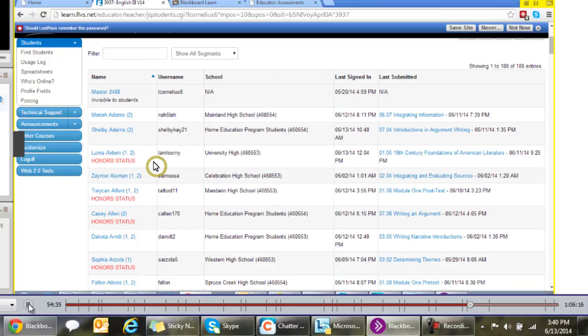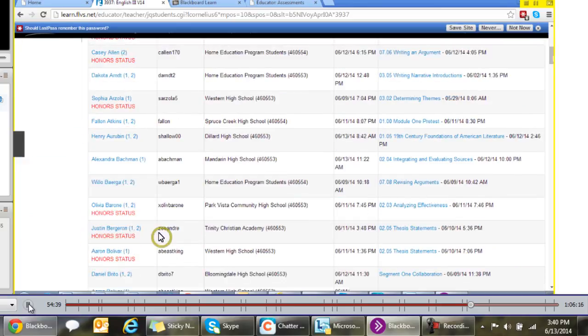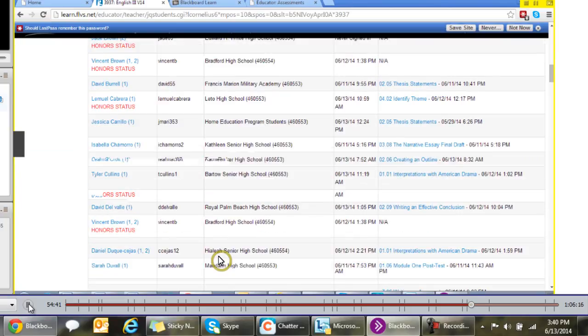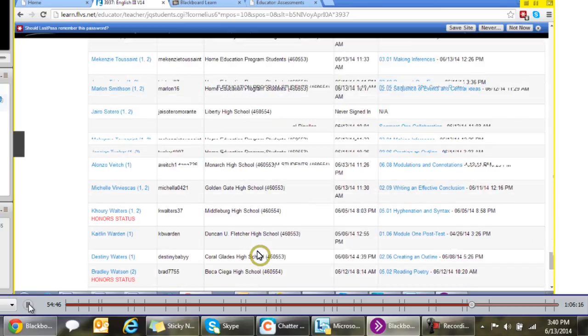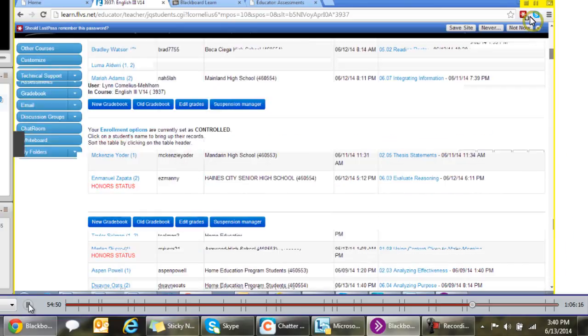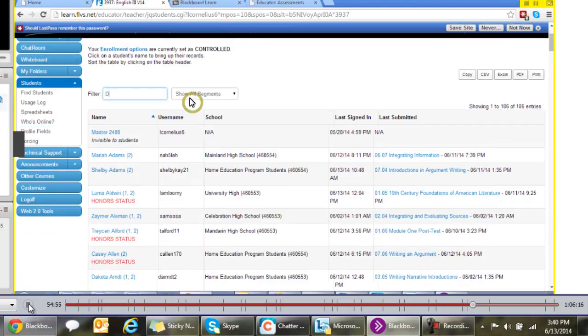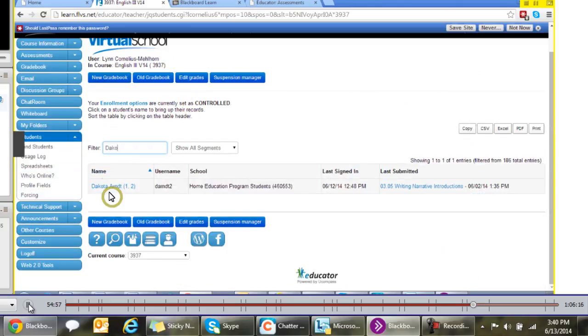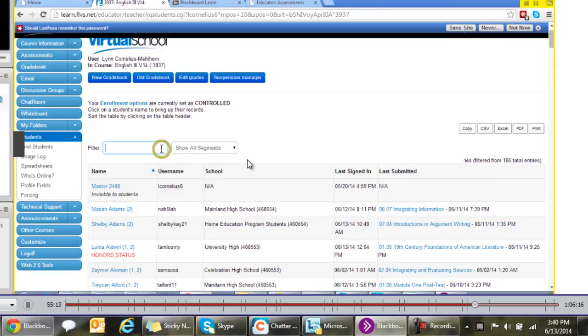A couple of things that are new. This is a new feature. Now we can see right away who an honor student is. If it's in red, that's a great new feature that was not there before, that you will use all the time. Next, you can filter. If you know a student's name, like Dakota, you see how I started typing and they came right up. Now, another great new feature is if I click on the student's name,